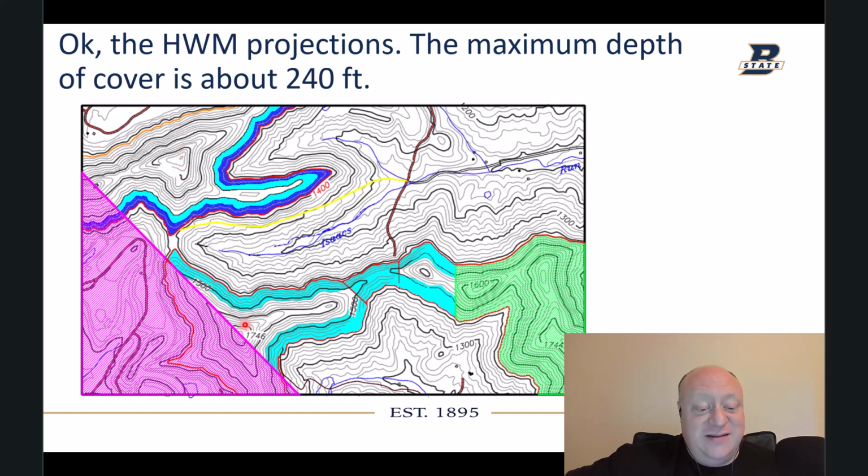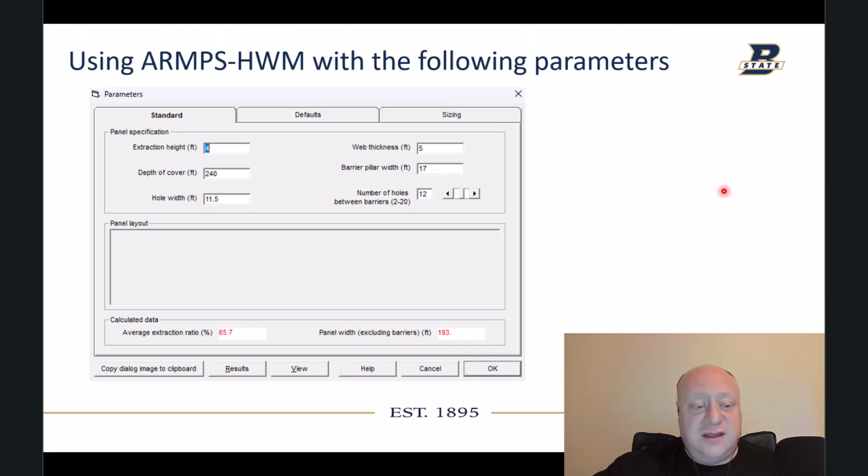It's slightly less down here in the Southern Reserve, but you'll see in the ARMPS Highwall Miner calculations, at least the method that I use for this, that there's not a whole lot of difference in what the web pillar thickness is going to be. And let's just get into that pretty much straight away here. I input the following parameters